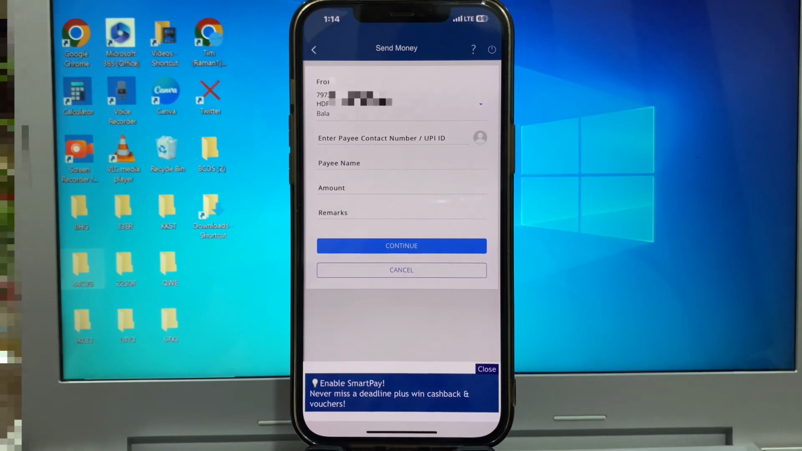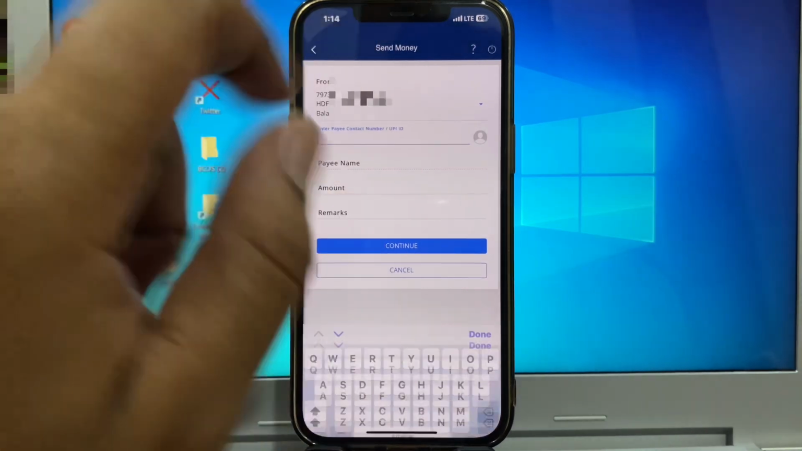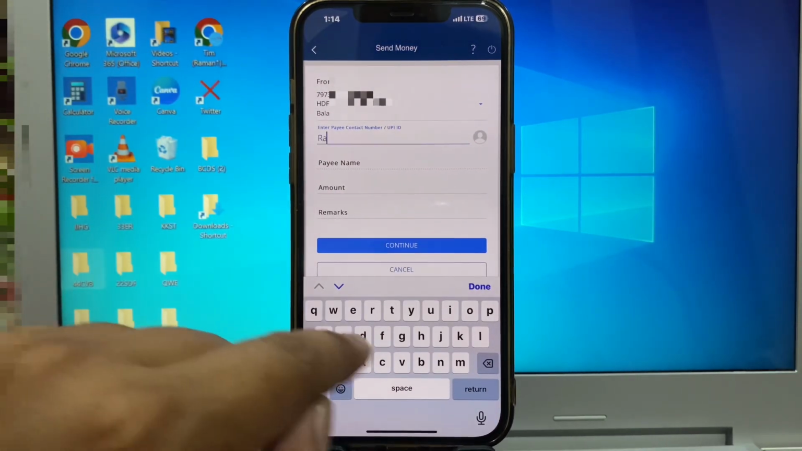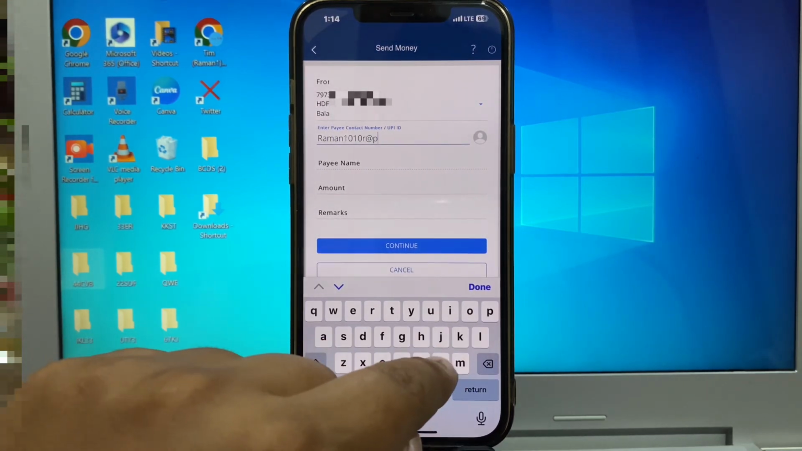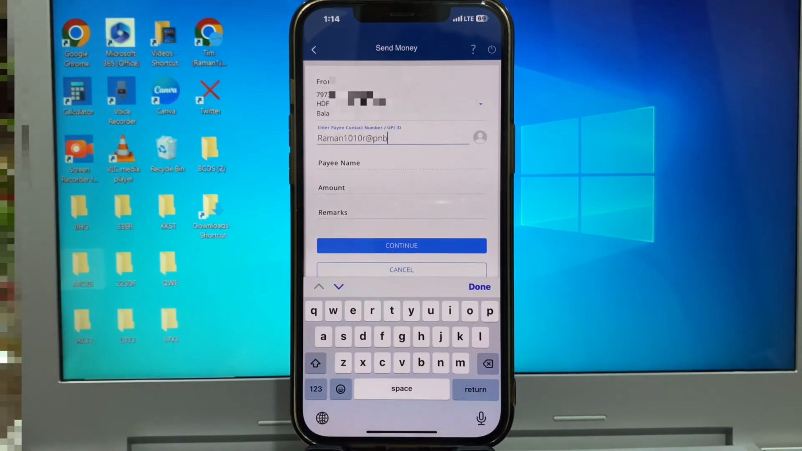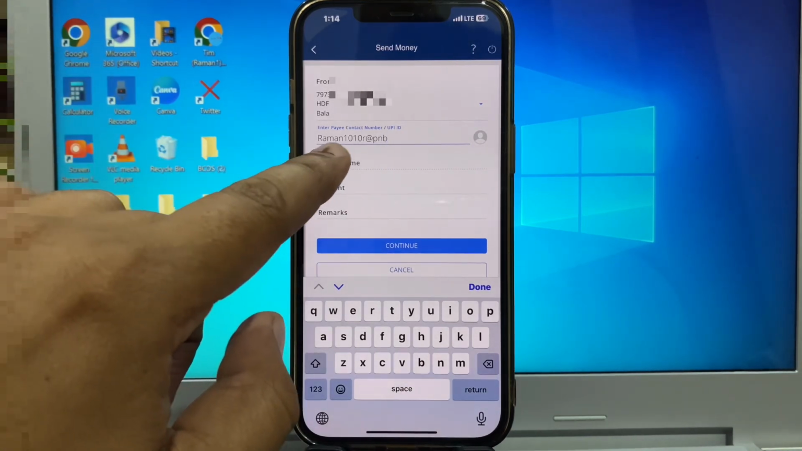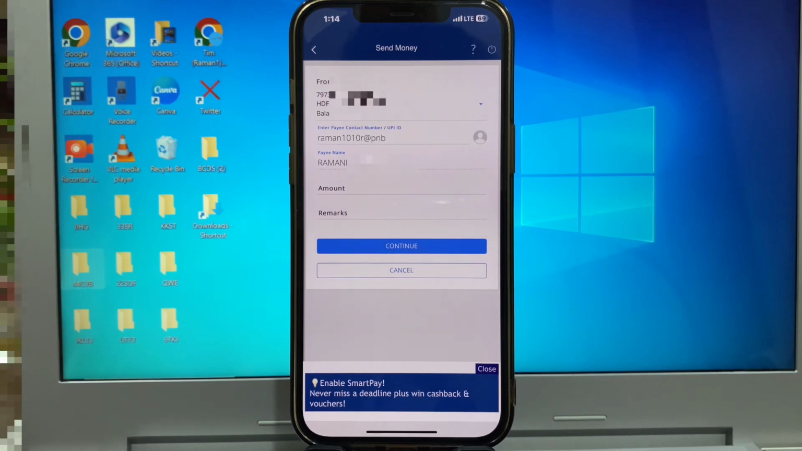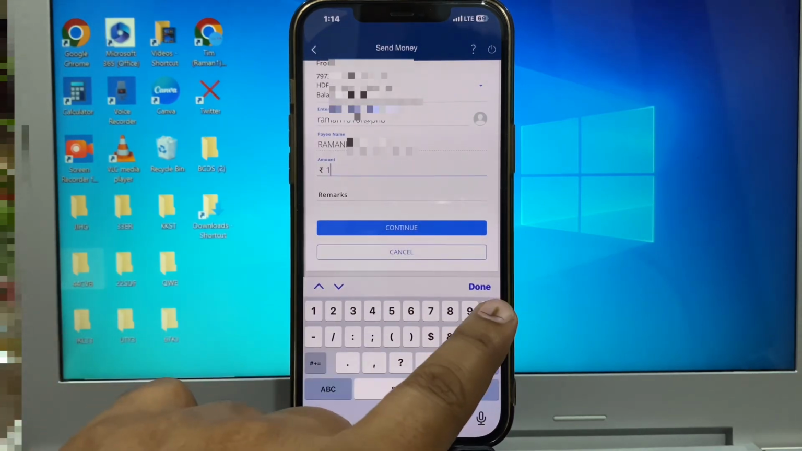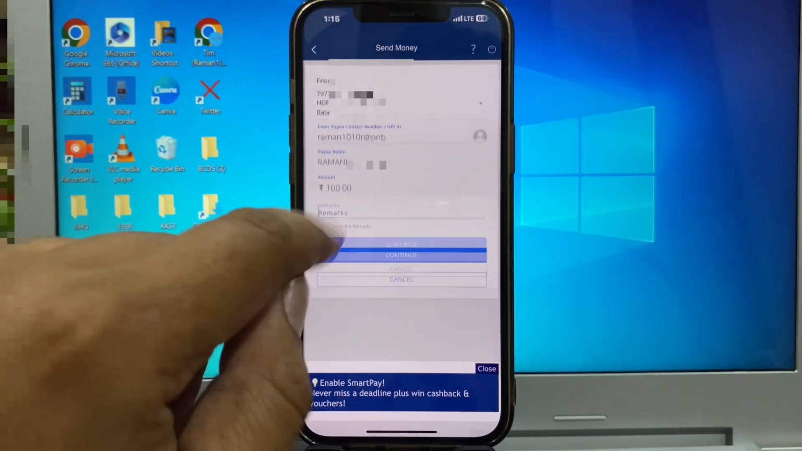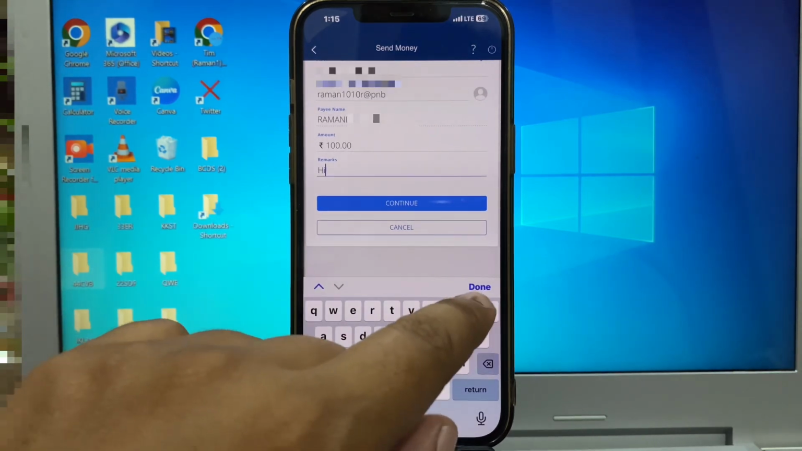And here, first option, you write the UPI ID of whoever you are sending to, that person's UPI ID you write here. When you write the UPI ID here, the name of the person who has this ID is automatically detected by this app. And here you write the amount, so I show you a demo, I write 100 here. And here at the bottom is the option remark, here you just write hi